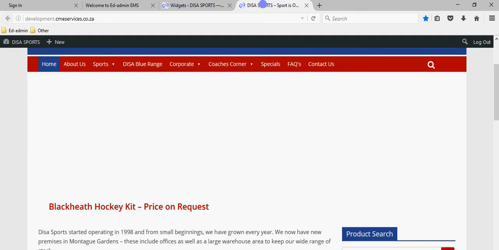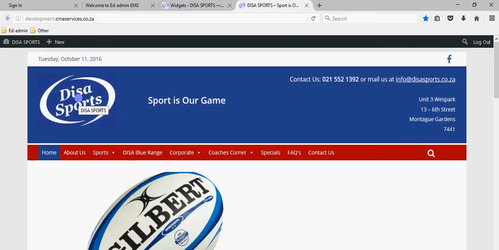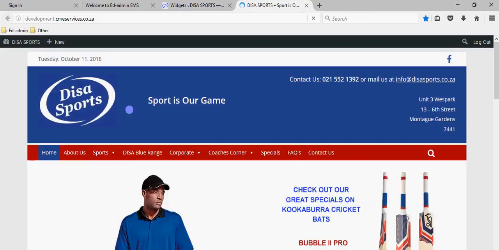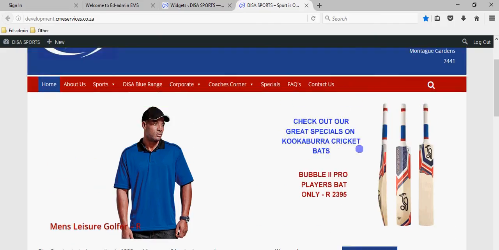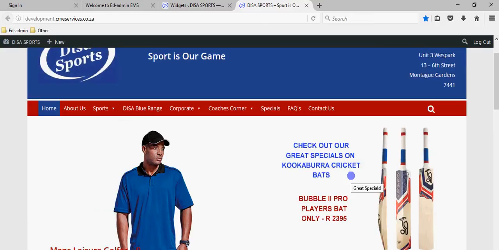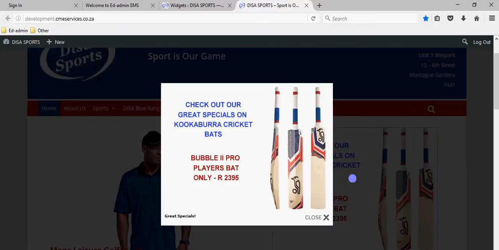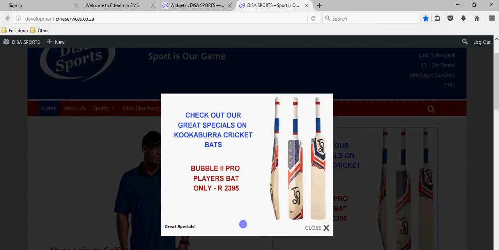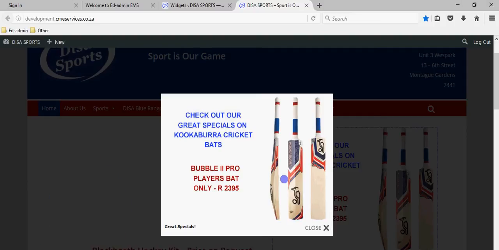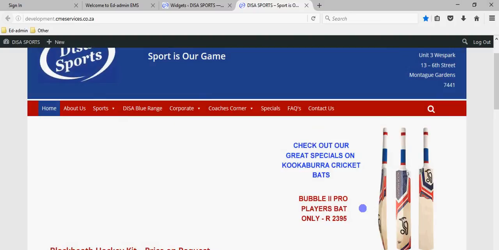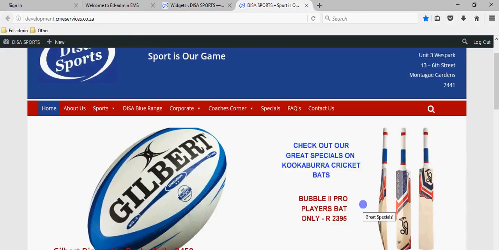Okay, you see it's finished saving. If I go back in here now and I refresh this page, I can click on the logo to refresh. Then you will actually see here is our advertisement. Now if I click on this, you'll see what it says there, great specials, and it obviously opens up the image. Now if I move my mouse over it as well, you can see it tells you great specials over there. It's called a